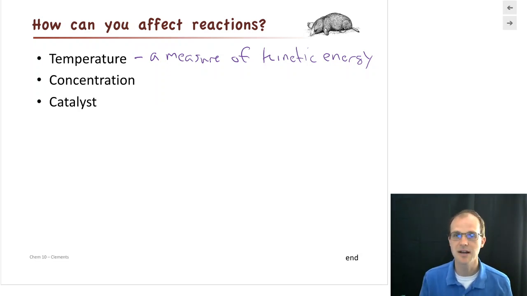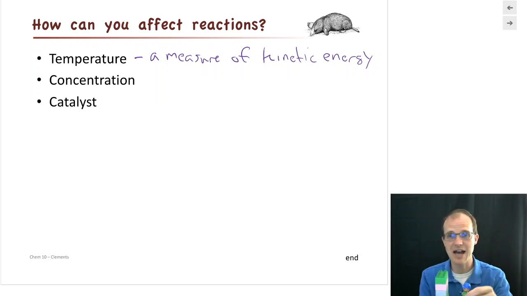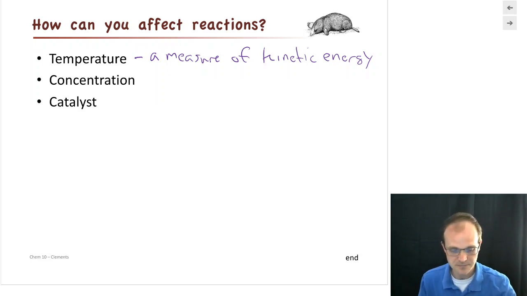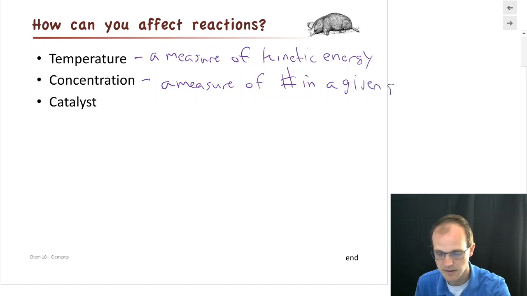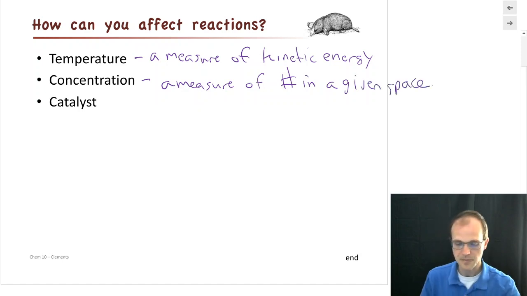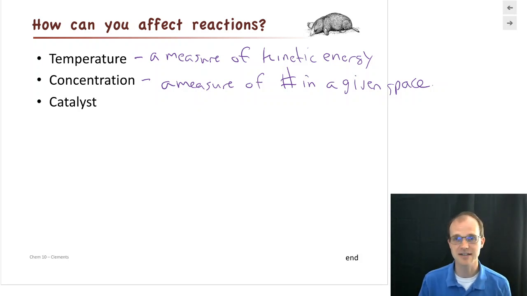So temperature, a measure of kinetic energy: the faster you're going, the more often you bump into people, and also the higher your chances of having enough energy to get over that little barrier that you want to get over. The next one, concentration. What is concentration? Concentration is a measure of number in a given space. Okay. Measure of number in a given space. So a high concentration means you have a lot in a given space. A low concentration means you have a very small number